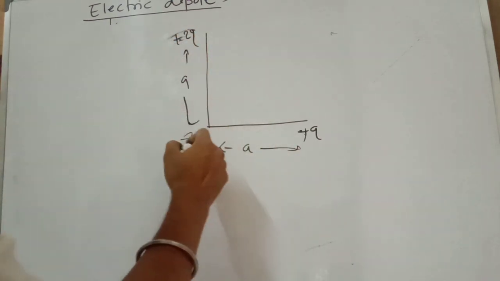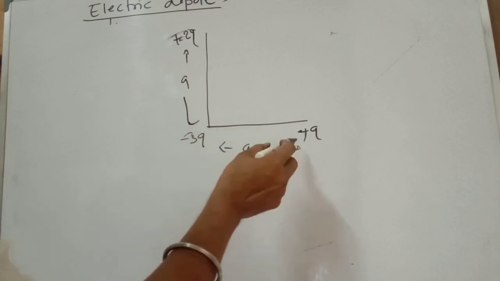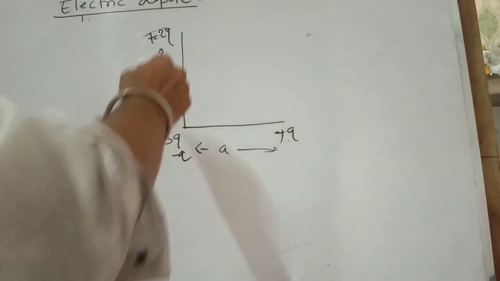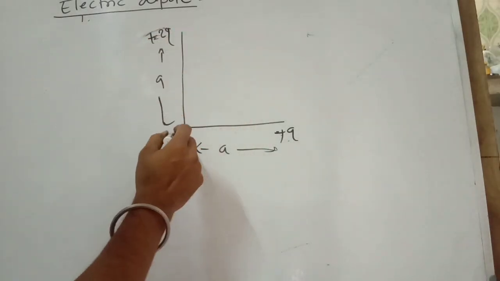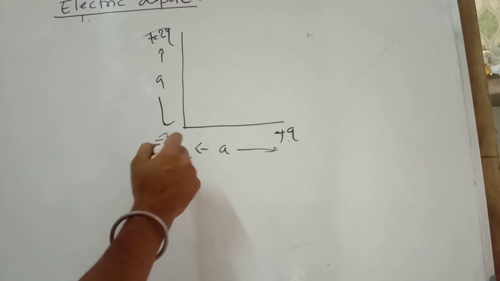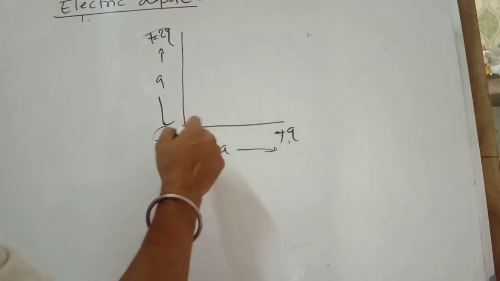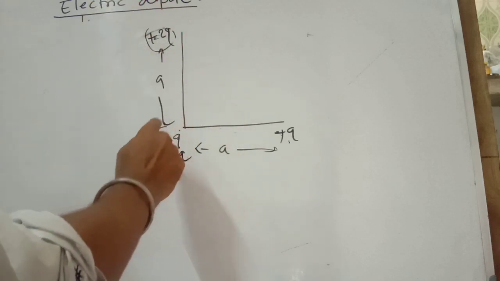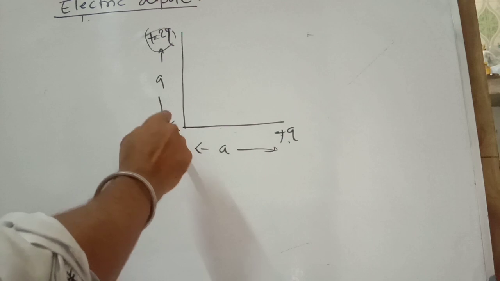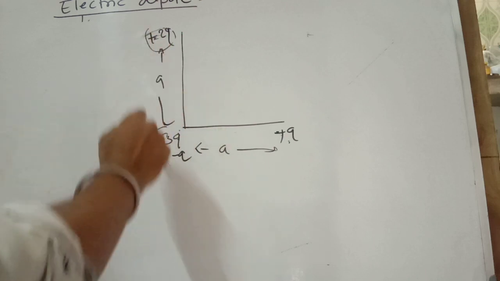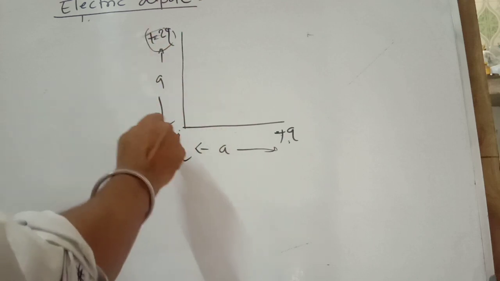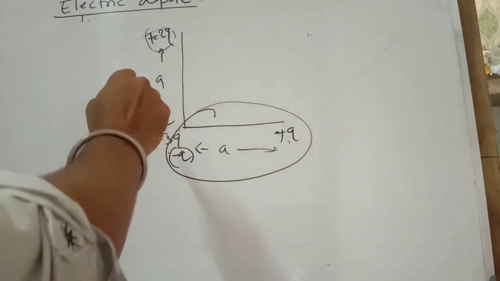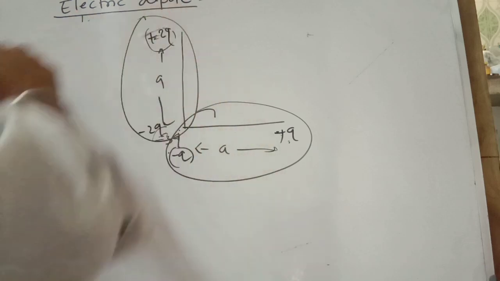Now again you will break the minus 3q charge and you will construct the electric dipole. How? Because it is now another question. Same here. You can also construct your electric dipole, because here is the plus q charge, here is the minus 3q charge, here is the 2q charge. So for making an electric dipole, you will break this minus 3q charge into two charges in this manner. So it will be here minus 2q, here minus q. So due to this construction, it is also an electric dipole.